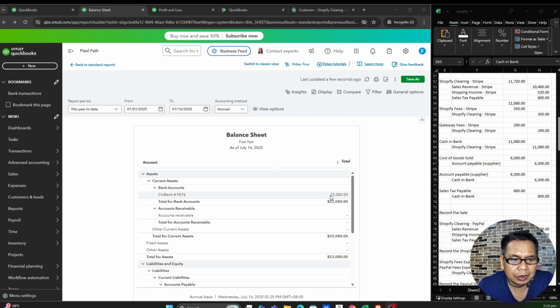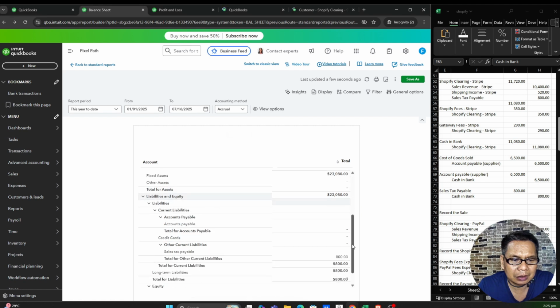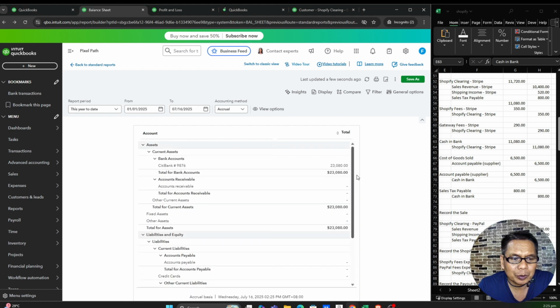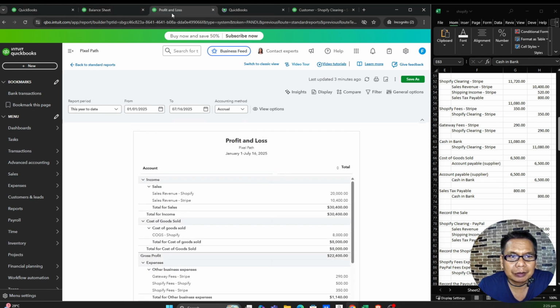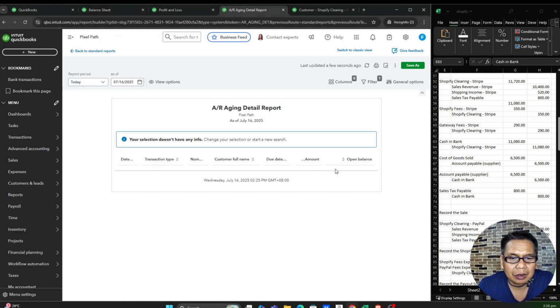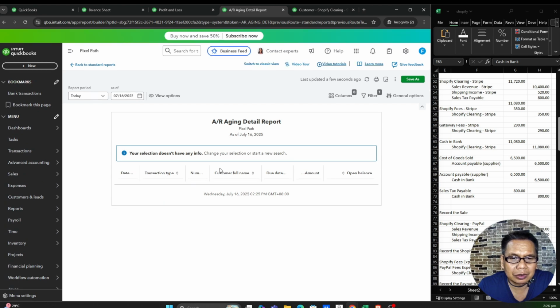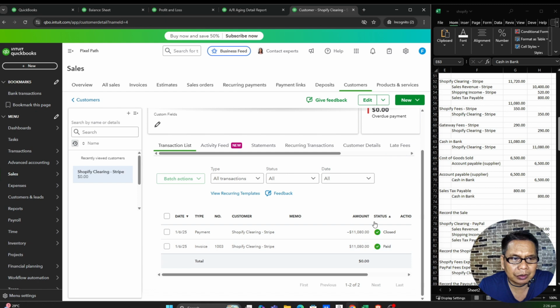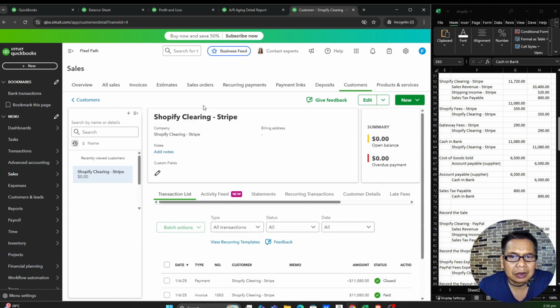Now you can see the 23,080, the receivable is 0 now, and the tax payable is still there because we haven't paid it yet. So nothing happened here. Here, there's no line items anymore because we already collected. Same thing with here, it's already 0 because we already collected. So next,